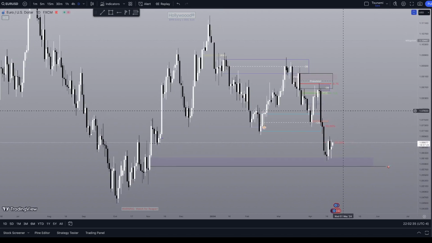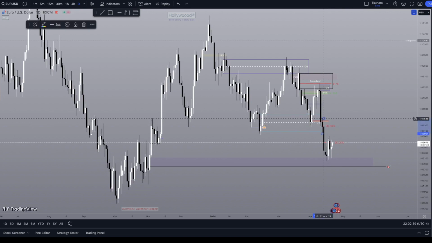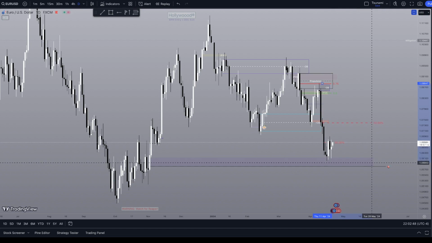All right. And so as we can see, there is a larger dealing range here on the daily. And this is your current PD on your daily. So what would price be seeking? Look for something that's in the premium that has not yet either been reconciled or been revisited,